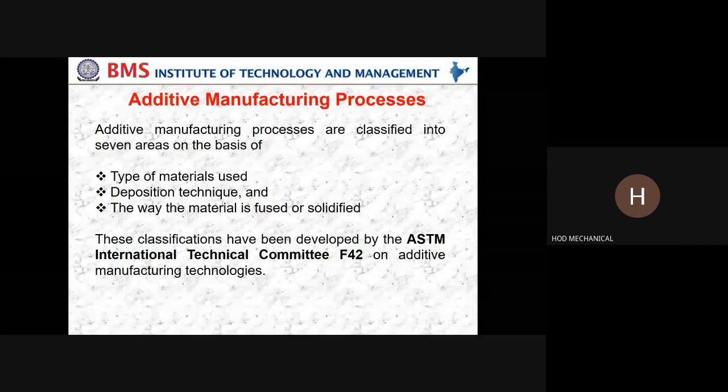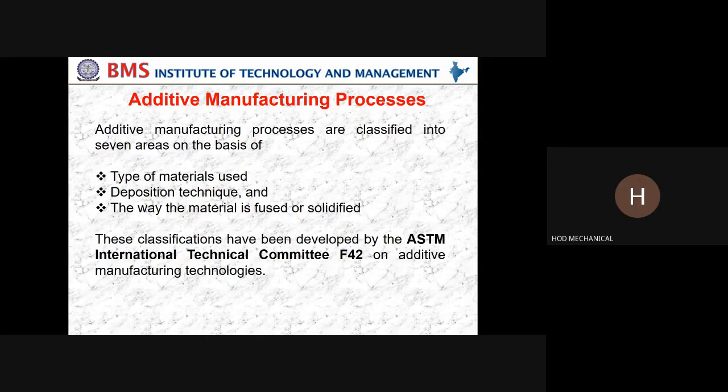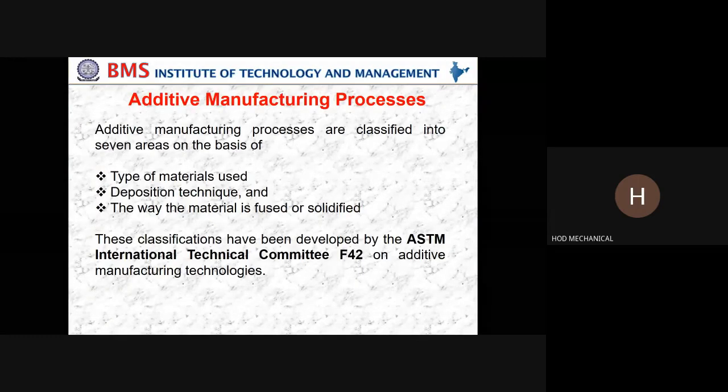Depending upon the types of materials used, the processes are classified, and depending upon the deposition technique, meaning how those materials are deposited in order to make a component. It is also classified by the way the material is fused or solidified, because the material that flows is melted and is in a semi-solid state.